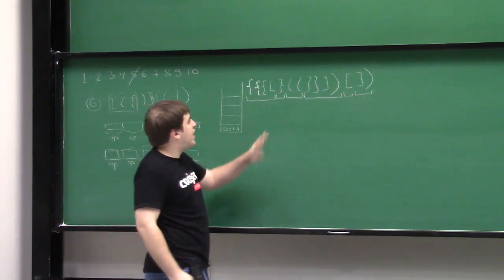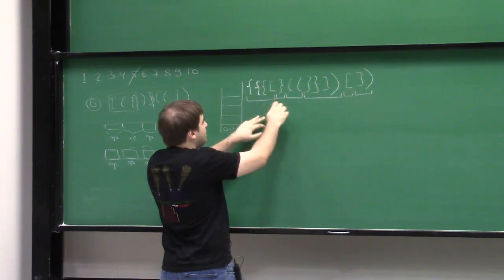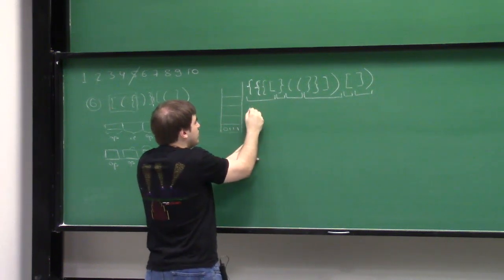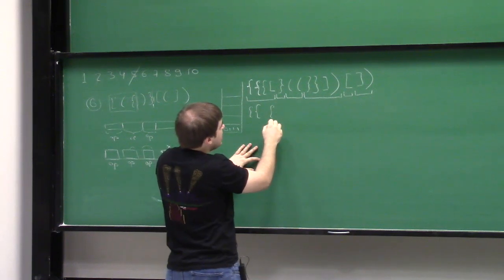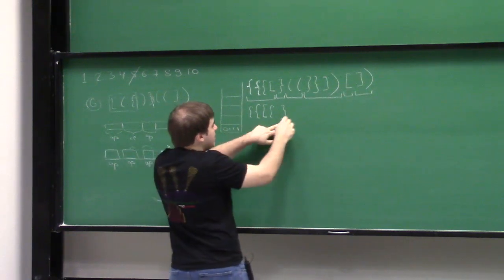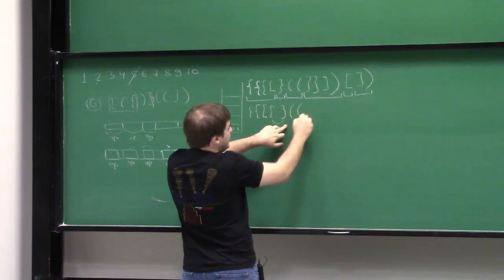Let's go from left to right. We will most probably match these two brackets together, so we will reorder like this. Then we have this one that matches with this. Then we have this and this